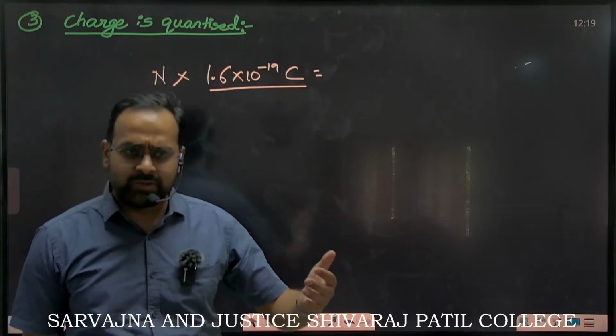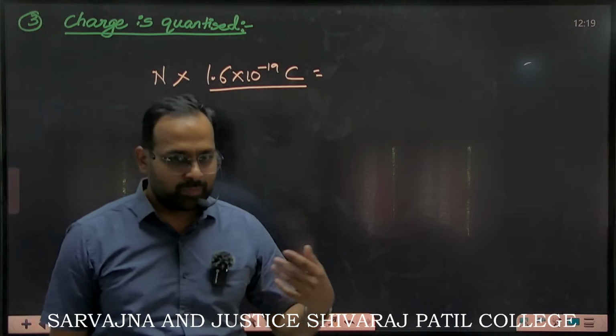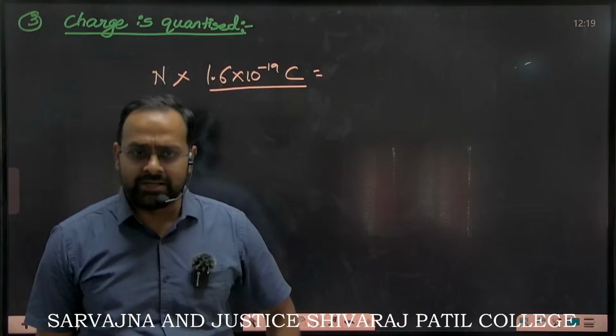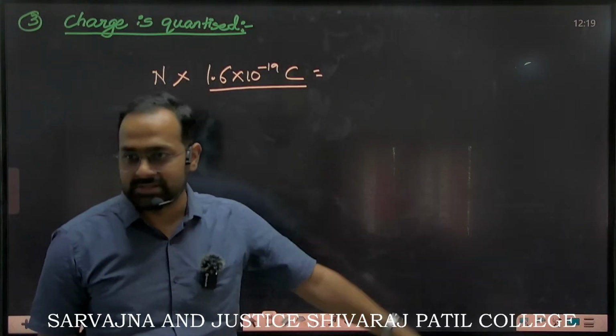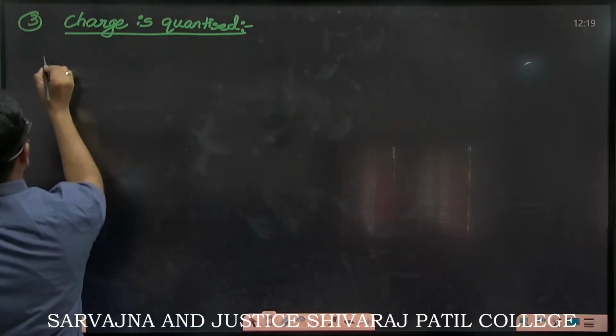If it is positive, it will be plus 1 times, plus 2 times, plus 3 times. If it is a negative charge, it will be minus 1 times, minus 2 times, or minus 3 times, or minus 100 times. Yes, if you remove 100 electrons, it will become minus 100 into. So what is quantization? Quantization here, charge on any object